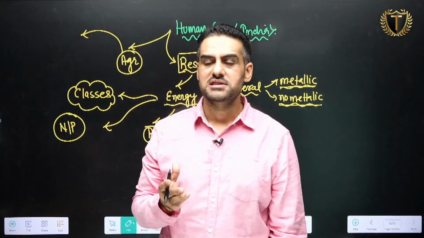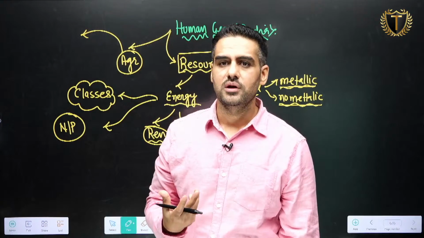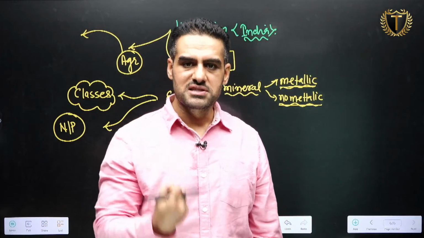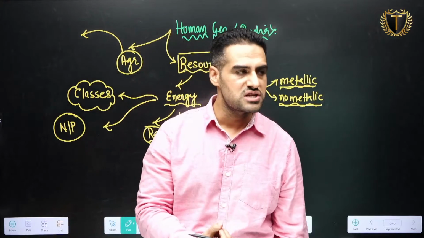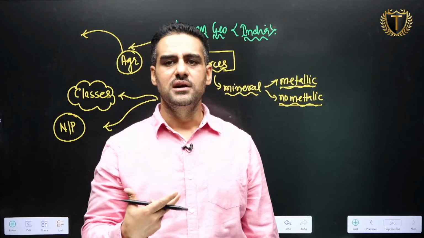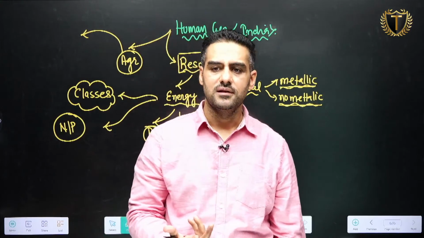So then we have to discuss what are the problems faced by Indian agriculture and how it can be improved. Then you have to discuss changing cropping pattern of sugarcane, changing cropping pattern of cotton, changing cropping pattern of rice, wheat, tobacco, jute, and what are the challenges faced by these sectors.